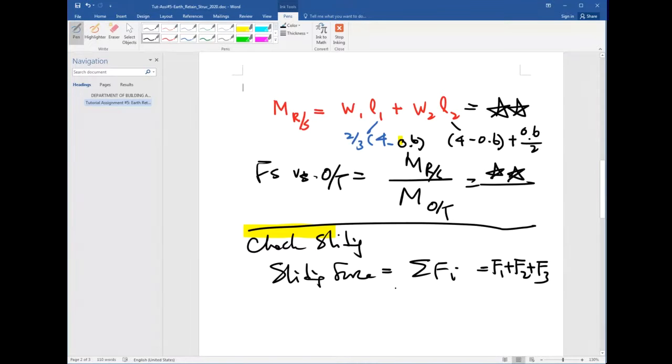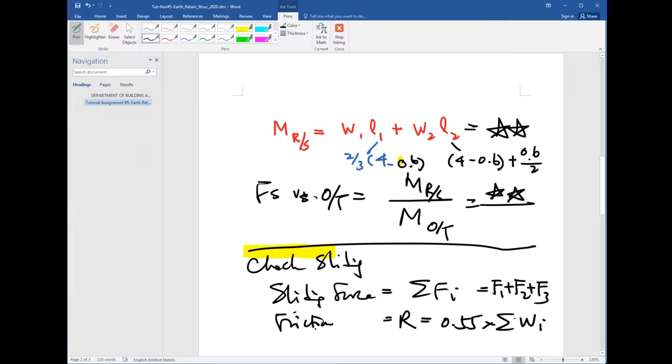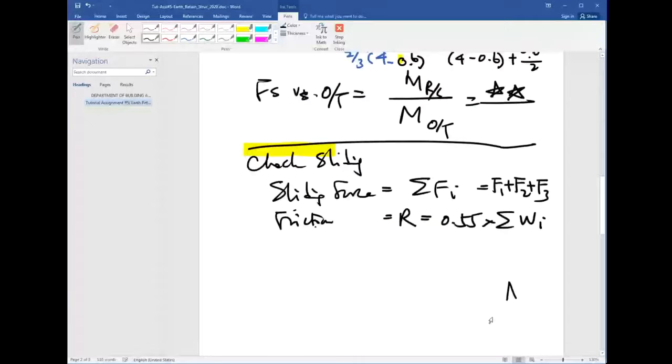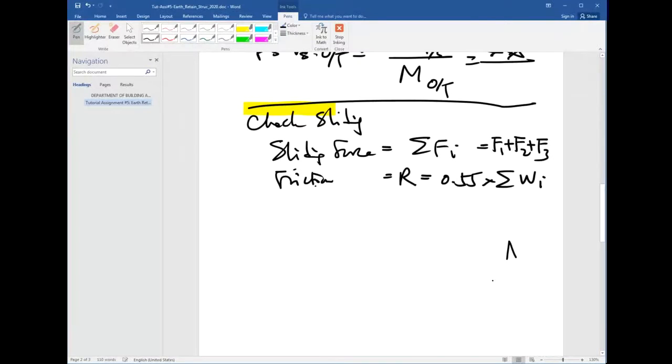So what is the friction resistance? Right? Friction resistance R is equal to mu times the normal force, where mu is 0.55, right? Because you have got the W1, W2 here, right? So that's the normal force. So once you know the W1, W2,